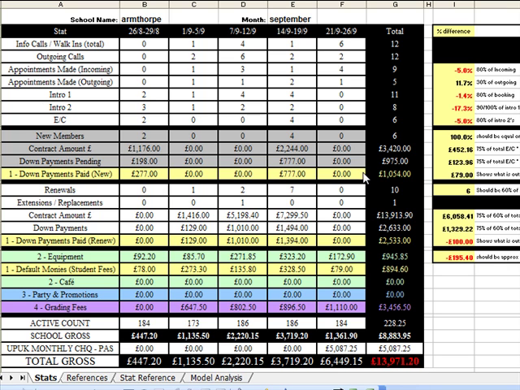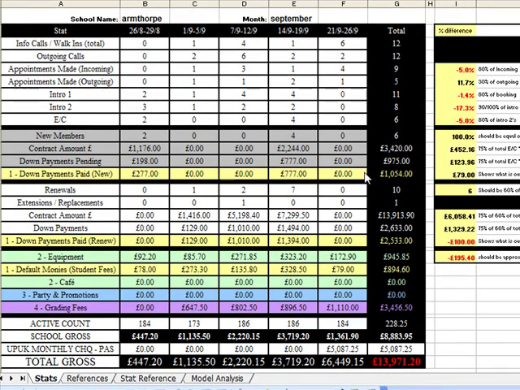info calls, outgoing calls, etc. At the end of the week it is literally inputted into this, and then this is saved as a separate stat file. So over the months, this would be saved as, obviously in this example, September's. The date again would be the date that the week relates to. So again, some schools might close when they get the check off or their transfer off, say ASF or Member